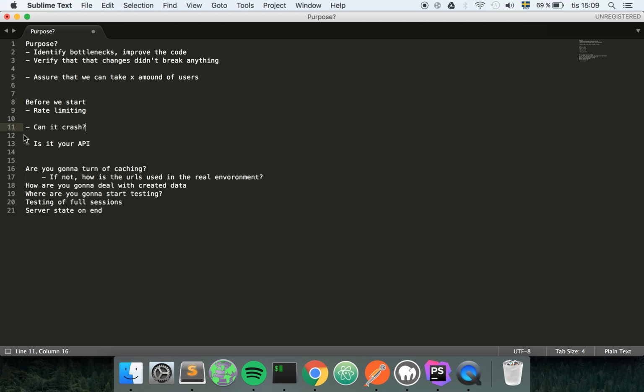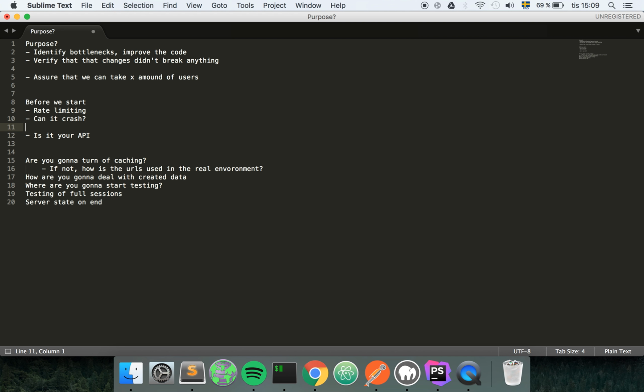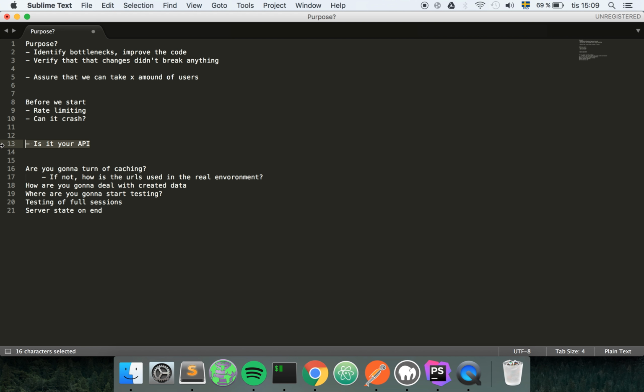But this is something that you need to look into in your specific environment, because this is nothing that I can really tell about. And also, is this your API that you're testing? So please don't test this on some kind of Google API or stuff like that, because they're gonna know that you're doing this, because you make too many requests, and from the outside it looks like you're doing a DOS attack,